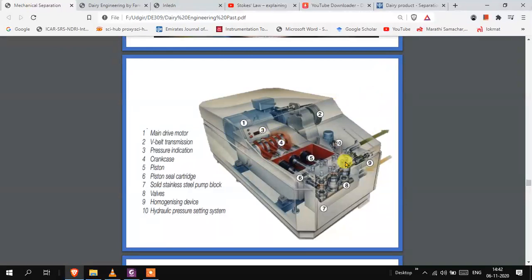देन नंबर 4 इज अ क्रैंक केस, दिस इज अ क्रैंक, और यहाँ पे केस होती है लगी हुई या कवर होता है जिसे हम क्रैंक केस कहते हैं। नंबर 5 इज दी पिस्टन्स। तो इसमें 1 2 3 पिस्टन्स हैं, सो दिस इज कॉल्ड एज अ ट्रिप्लेक्स होमोजेनाइजर। व्हाट इज कॉल्ड ट्रिप्लेक्स होमोजेनाइजर, 1 2 एंड 3। 3 पिस्टन्स होने की वजह से क्या होता है कि इसके एडवांटेज क्या है कि एक कंटिन्यूस प्रेशर यहाँ पे बना रहता है हमेशा, ताकि मिल्क अच्छे से फोर्स हो सके थ्रू अ नैरो स्लिट वॉल।